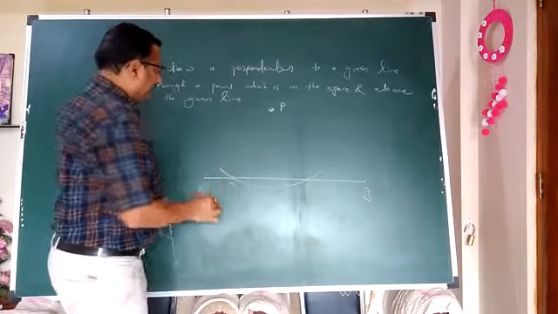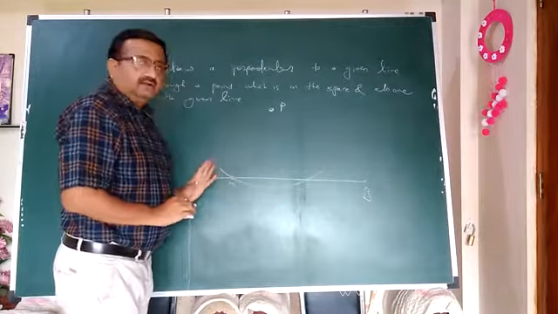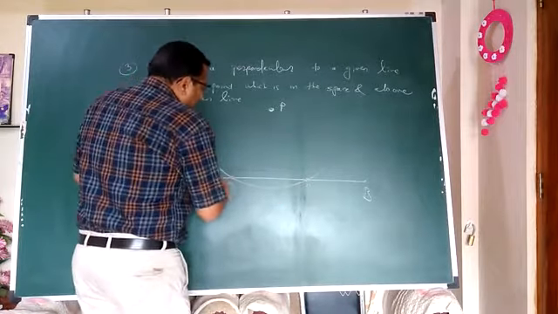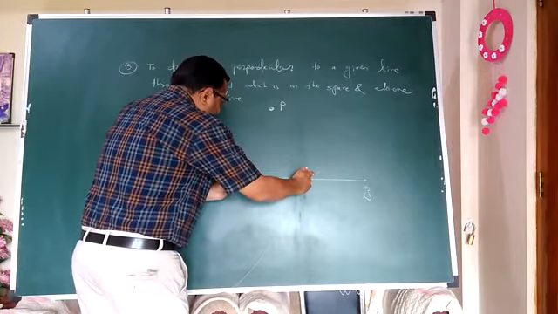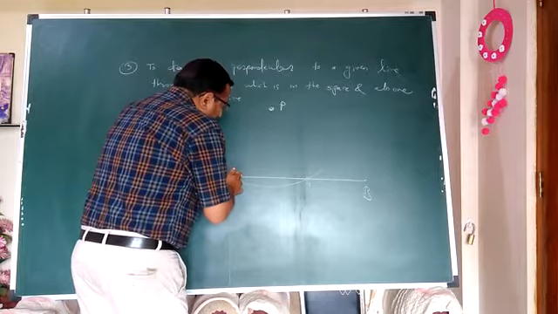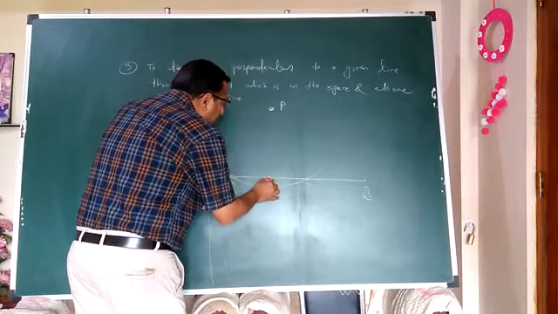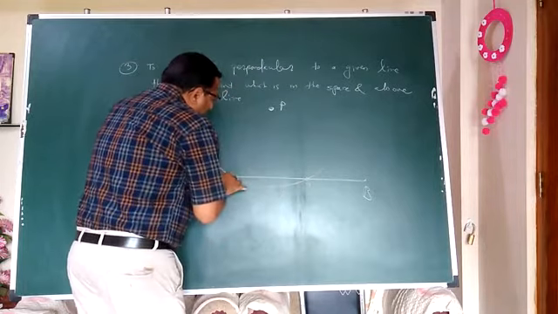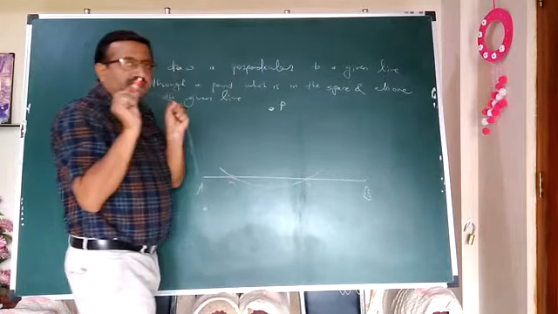Now again, what do you have to do? Take care of this distance MN. Now you have to pick in the compass more than half of this segment MN. Suppose this much is approximately its half. So pick in the compass more than half of the distance in this way.